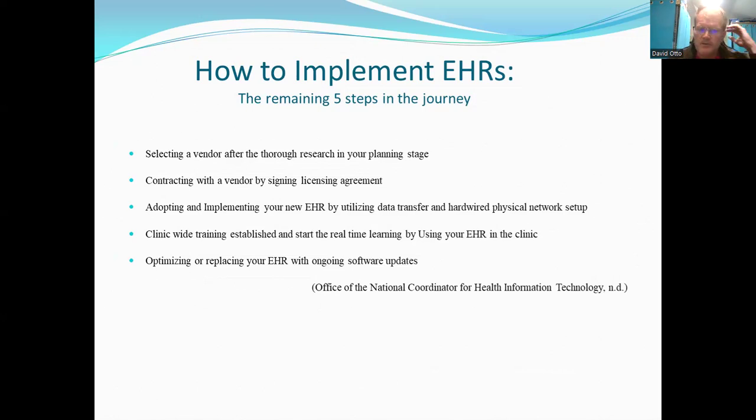And you're going to optimize or replace your EHR with ongoing software updates. So there's usually a soft transfer. For example, in my office, we switched EHRs maybe 2 or 3 times, and it's a big ordeal, and you pay extra money for the people to take your data from one software into the other, but there's never